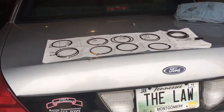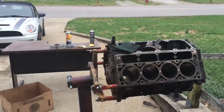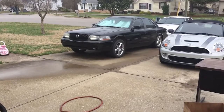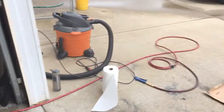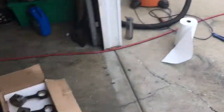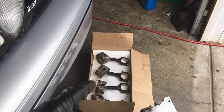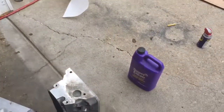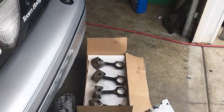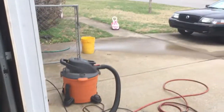Alright, today I am gapping some rings for the 5.3 that's going to the Marauder. What I usually do is take the top and bottom rings off. What I had to do with these is soak them a little bit in this Super Clean. Buddy Andy told me about it. So I took the top and bottom rings off, left the oil rings on, and soaked them in the bucket